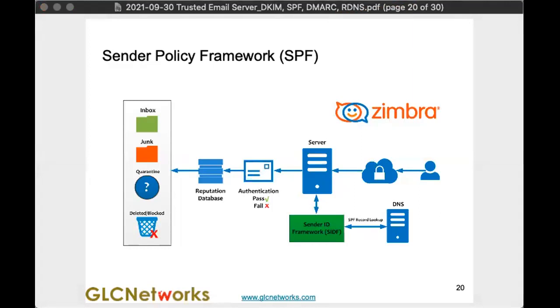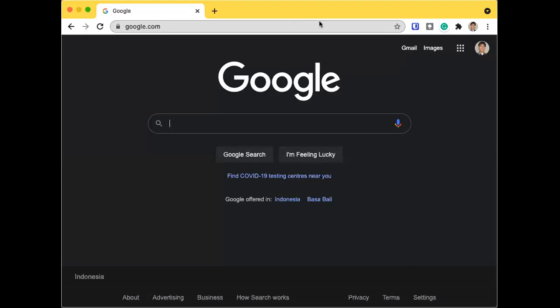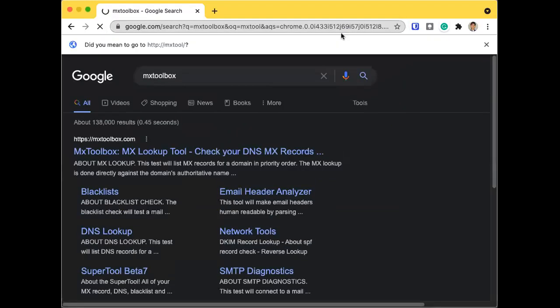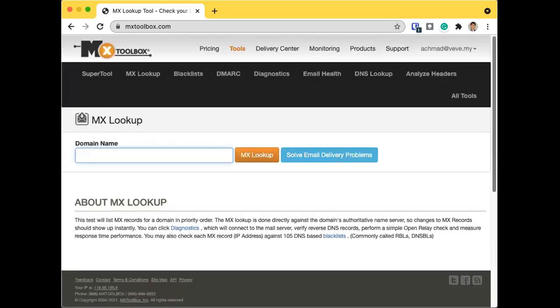There is a website, I forgot the name, Mail Tester, right? Or MX Toolbox. Okay, that one is quite famous. Okay, let us check. Oh, okay, I need to share the screen. Oops. Okay, so MX Toolbox, and then it will check everything related to your